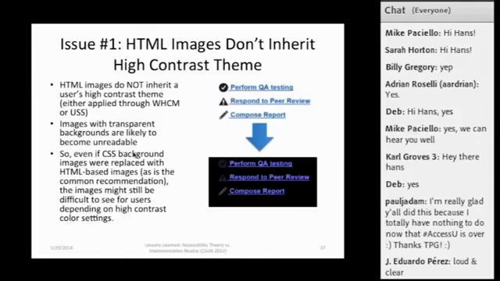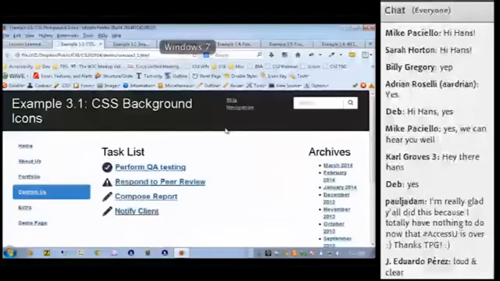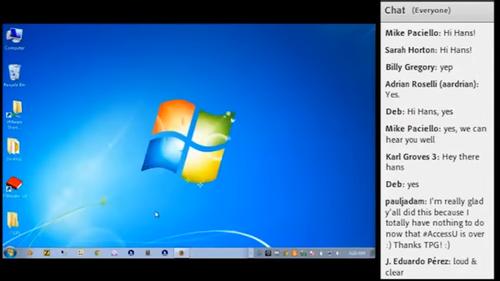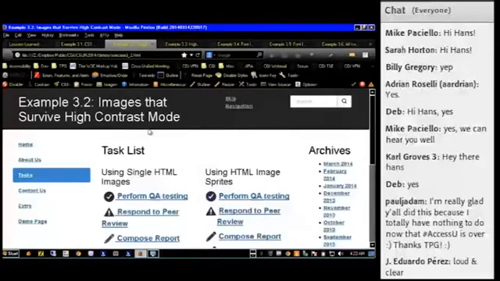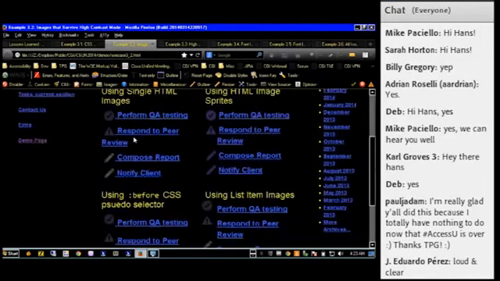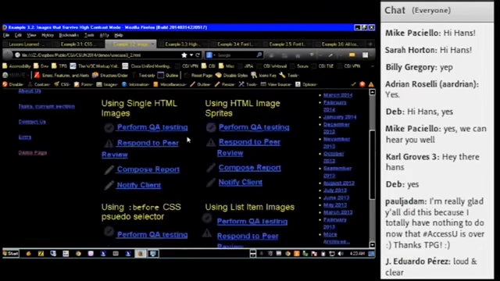And we actually did try out a few solutions that could give the benefits of a CSS-based approach, which, as I said before, is easier to manage than HTML images, but in a way that survives high contrast mode. And this page basically shows those solutions. The group on the left here is single HTML images, as we would traditionally recommend. This list here is actually using sprite images. I'll just show you what a sprite image is, by the way.